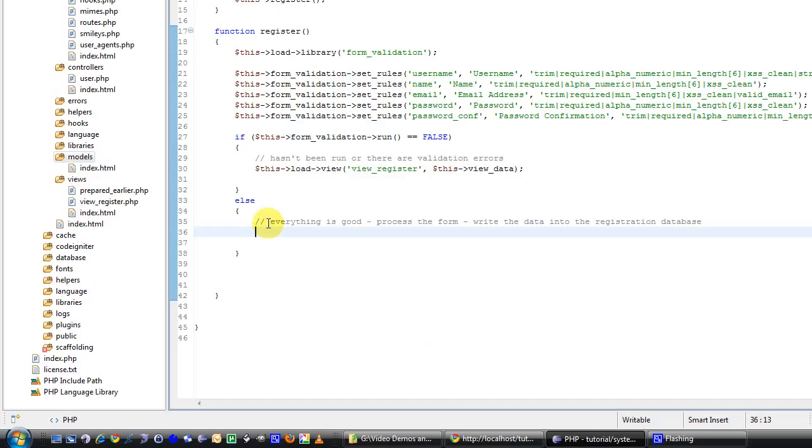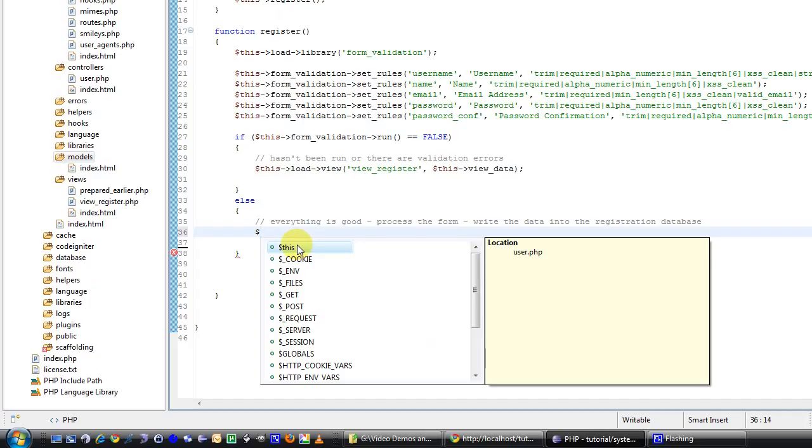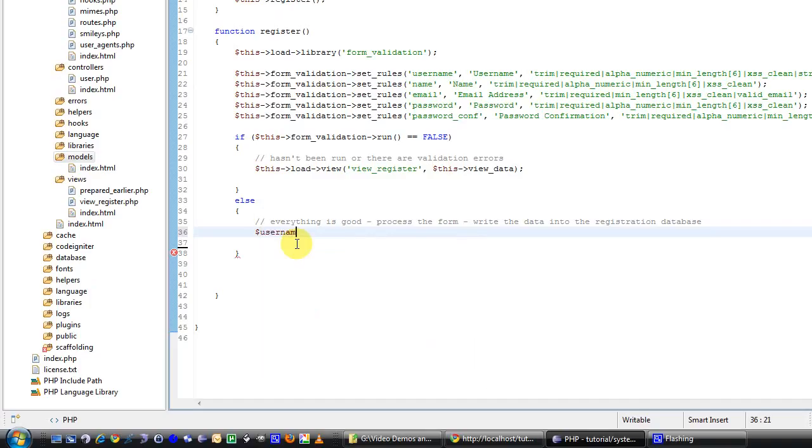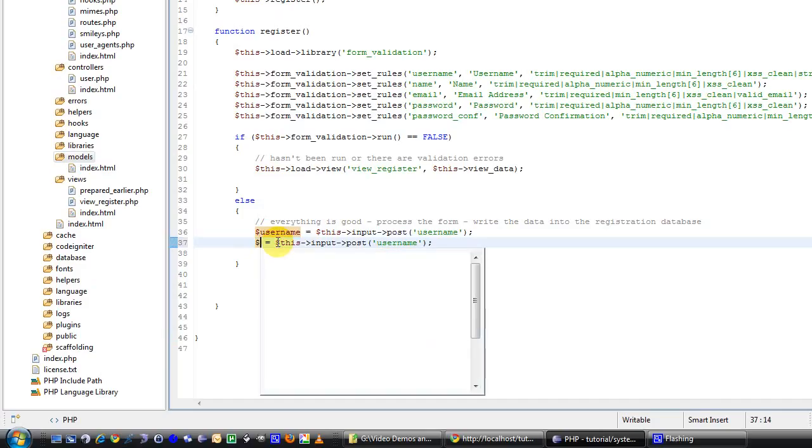Actually, there's no point in prepping any of this stuff, except I guess we could assign some variables since I've got a minute to go. So here we'll get our variables ready for passing them through to the model. So we'll say the username equals this input post username. So that's how we access the username field that has been posted, and then we want name as well,